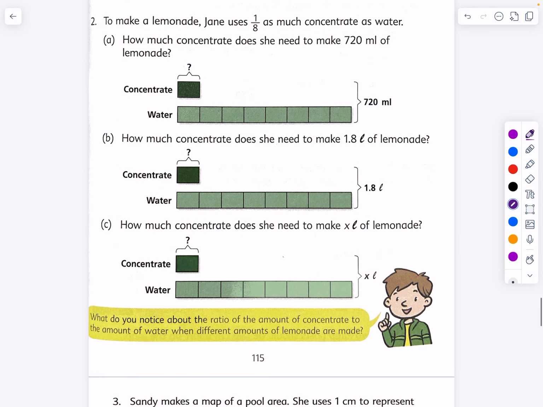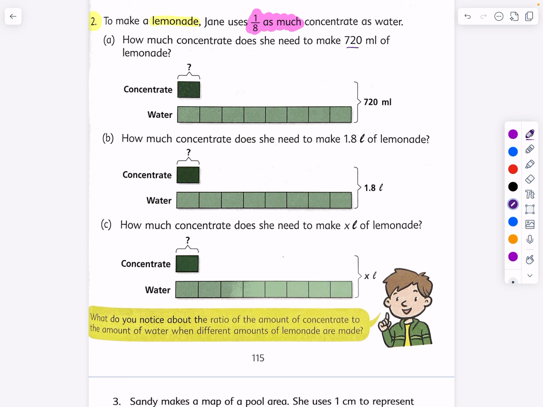Let's take a look at another recipe, very often showing up in recipes. We are in problem number 2, making lemonade, of course. Let's read. To make a lemonade, Jane uses 1/8 as much concentrate as water. Notice this language. We've seen it a few lessons ago. Now think about a recipe for lemonade. You always have to have a little bit of concentrate and then you dilute it in a larger quantity of water. In this particular recipe, how much concentrate does she need to make